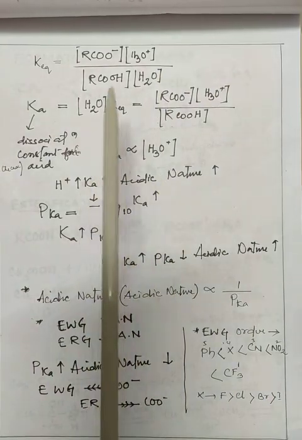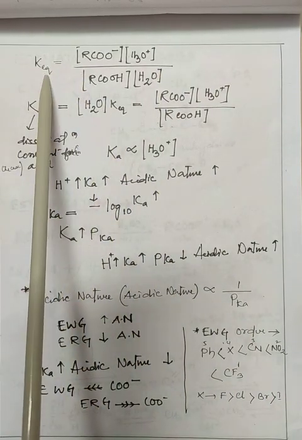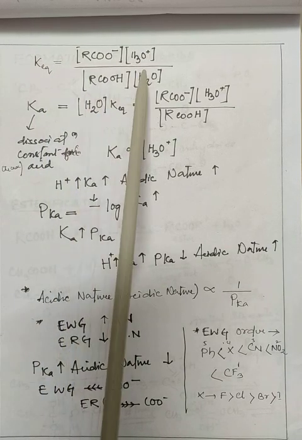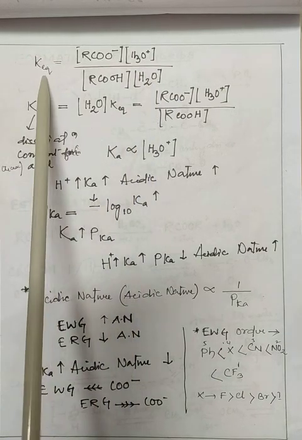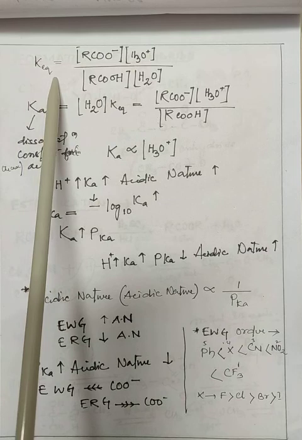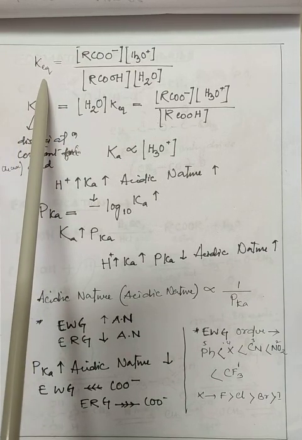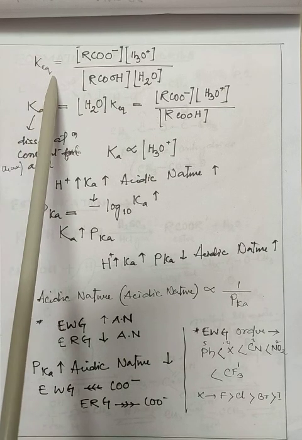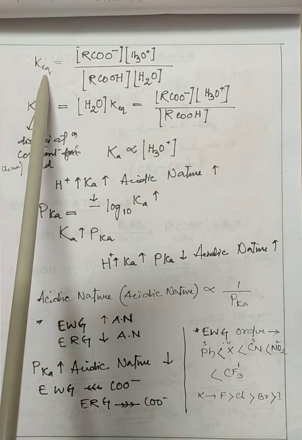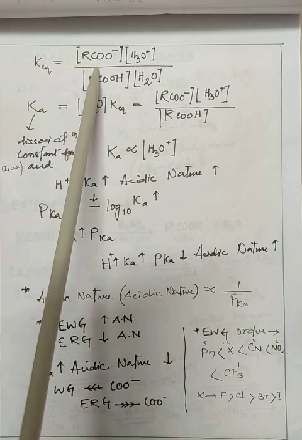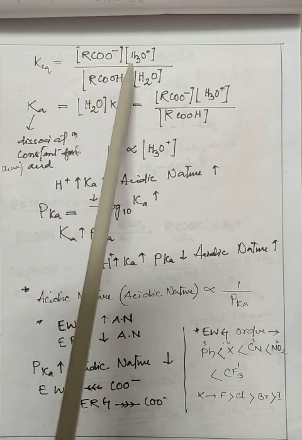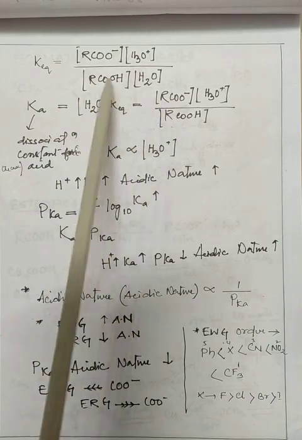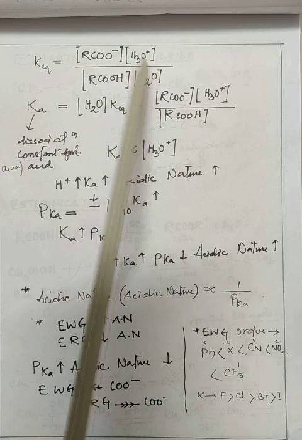Now see, before, when we did the reaction of carboxylic acid, the products we got were carboxylate and hydronium ion. So now if we write the equilibrium constant, which we will study in class 11 in the chemical equilibrium chapter, this will be the equation. The equilibrium constant is equal to the concentration of carboxylate and the concentration of hydronium ion divided by the carboxylic acid and water. So these are the reactants, and that one is the product.